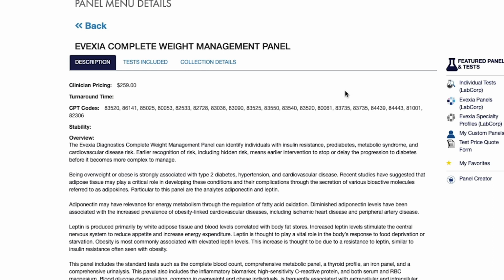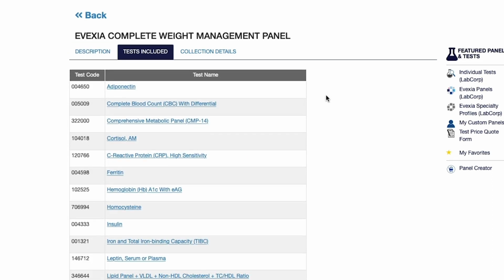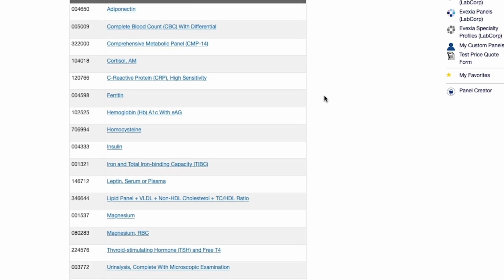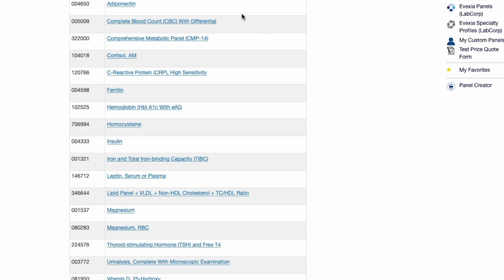Now, aside from the classic blood tests, which I'm sure you're familiar with, such as the lipid panel and thyroid panels and other critical biomarkers of health, the assessment of adiponectin and leptin can provide significant information. Adiponectin appears to have an important role in energy metabolism through the regulation of fatty acid oxidation, and diminished levels of this analyte have been associated with increased prevalence of obesity-linked cardiovascular diseases, including ischemic heart disease and peripheral